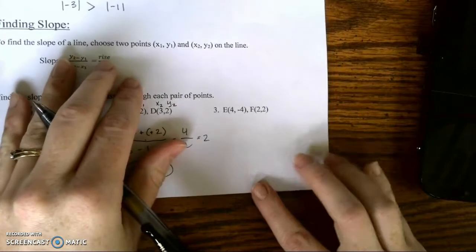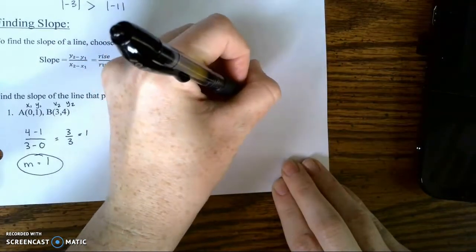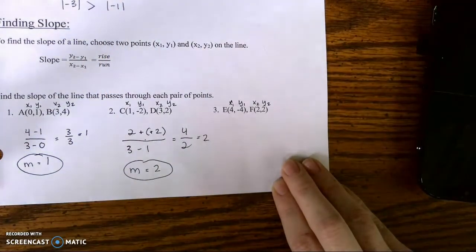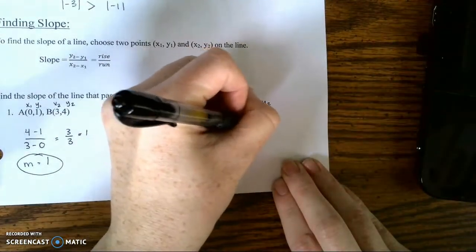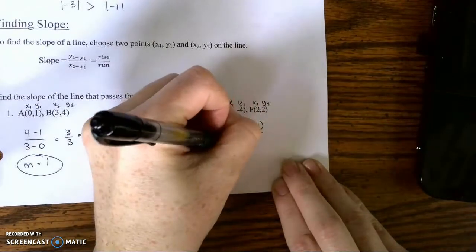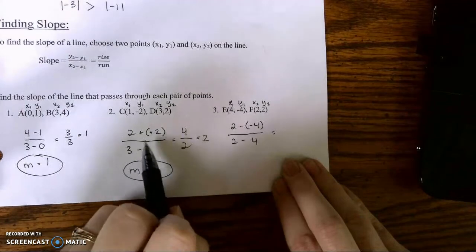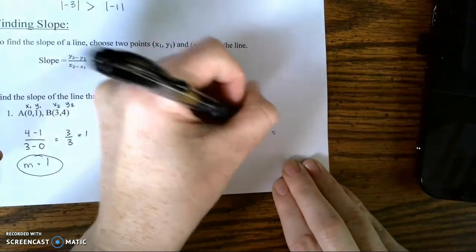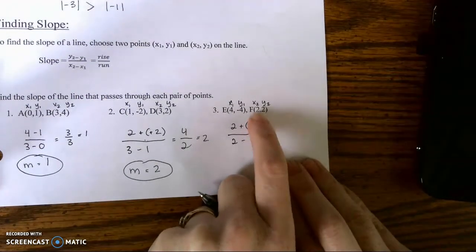All right, and then the last one, same thing, we're going to go through and label x1, y1, x2, y2. So let's do y2 minus y1, so 2 minus negative 4 over 2 minus 4. So 2 minus negative 4, just like we talked about in this problem, could be rewritten as 2 plus positive 4